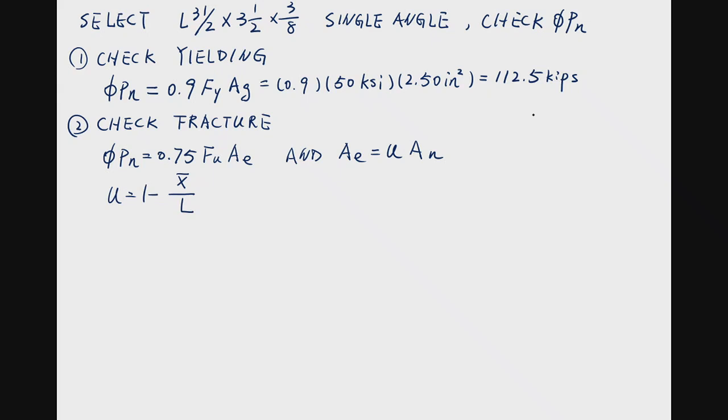So this is the angle, right? So we want to find out the centroid, the distance from the centroid to the interface. So from the menu, we find out x-bar is 1 inch. So it's 1 minus 1 inch, divided by L. So L is the length of the connection, right? So we assume the spacing